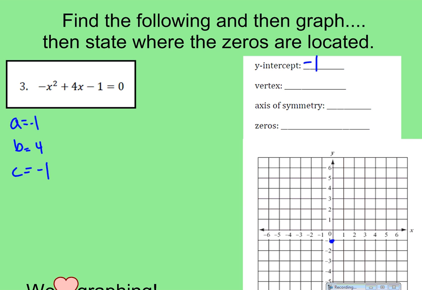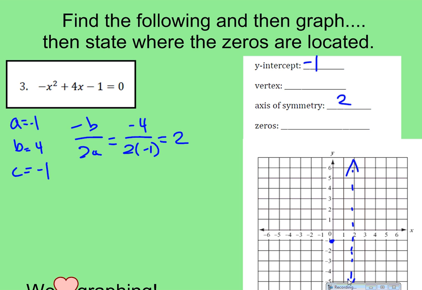So my axis of symmetry, -b over 2a. Hopefully you guys are starting to recognize this right away. -4 over 2 times -1. So that's going to give me +2. So my axis of symmetry is going to be at 2. Right there. Get in that habit of drawing that little line just so you kind of have an idea of